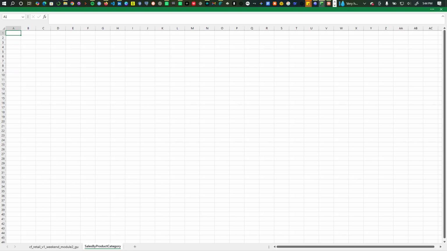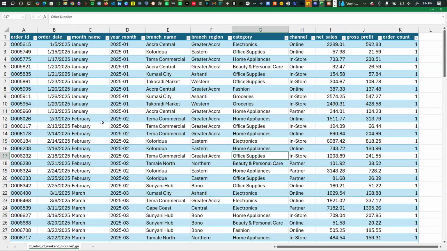We can create the tabs beforehand, or we might not even do that, because in the process, the creation of the pivot tables will ask us whether we need to create it into a new worksheet, and then we can choose that option, and it creates the new worksheet tab automatically for us. So I like doing it that way. So let me delete this tab and then just click anywhere in the data set and come to